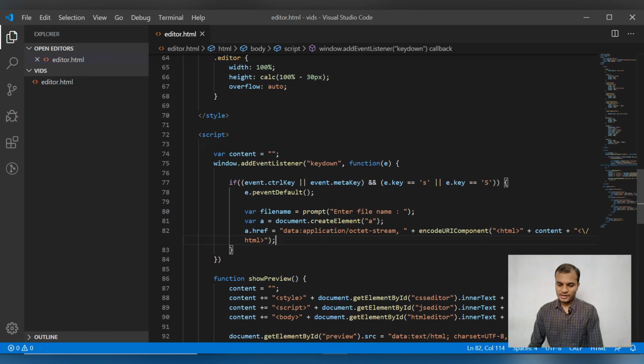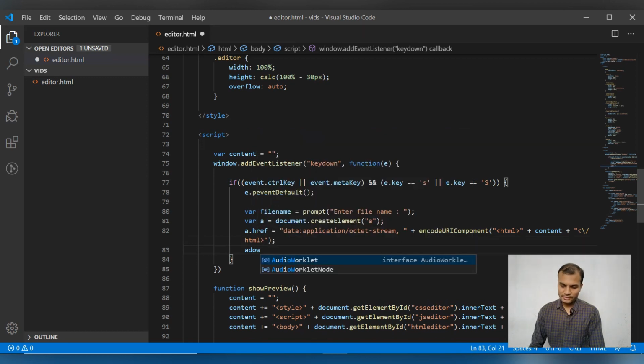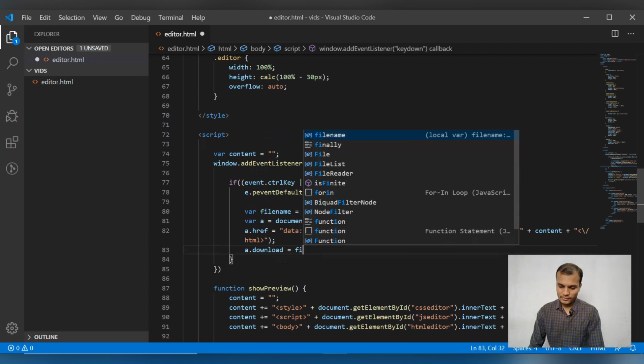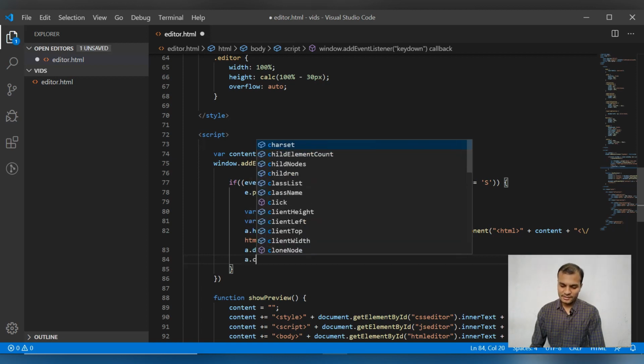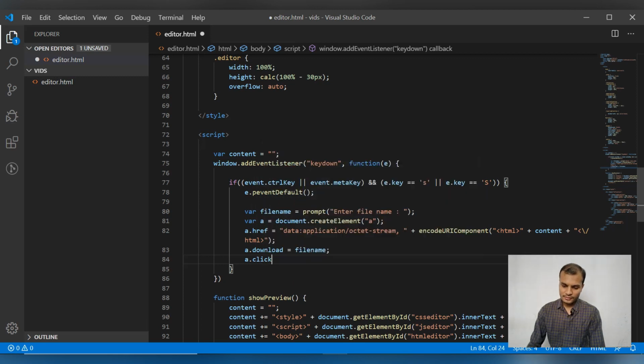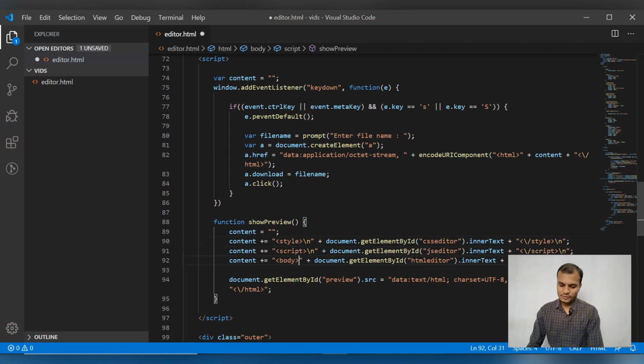Okay, so that's it. Now all I have to do is add the download attribute: a.download equals file name. It will help to export the file with the file name provided by the user. And finally, we need to add the click programmatically on this anchor tag. So that's it. But all I want to add is some line breaking elements here,